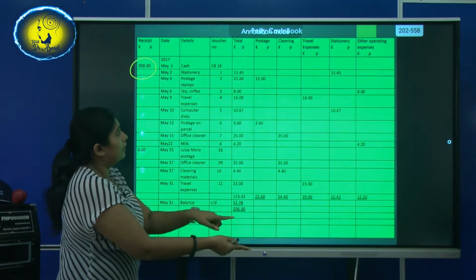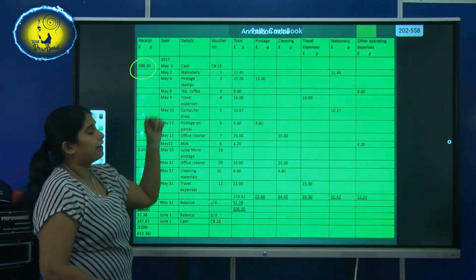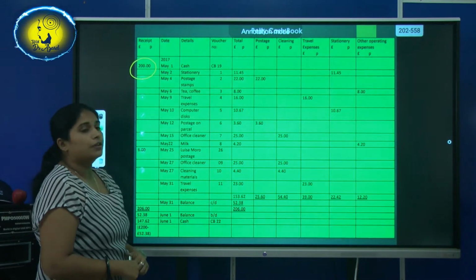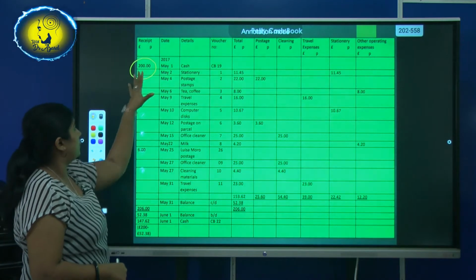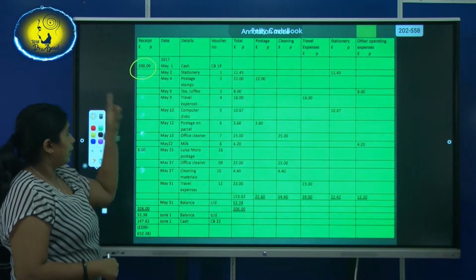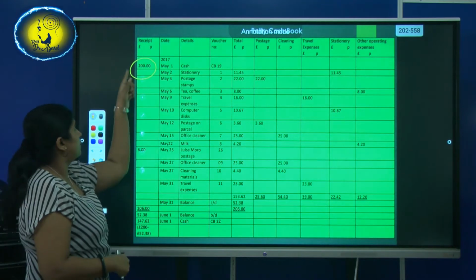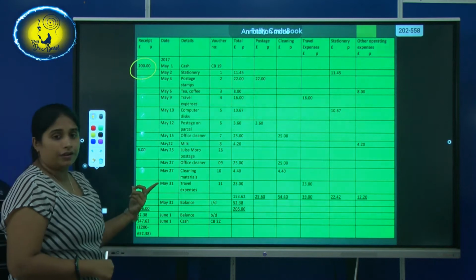So you have recorded the credit one in the cash book. Here for the debit one you can write cash. Here voucher number: cash book, page number 19, because we have not issued a voucher. So at the very beginning of the business, in the month of May, we are receiving, so the cash book will be credited and the petty cash book will be debited. That means you have to record in the receipt column.